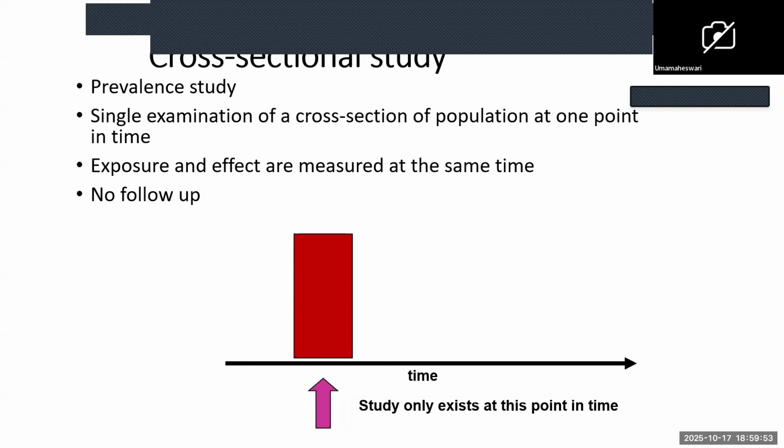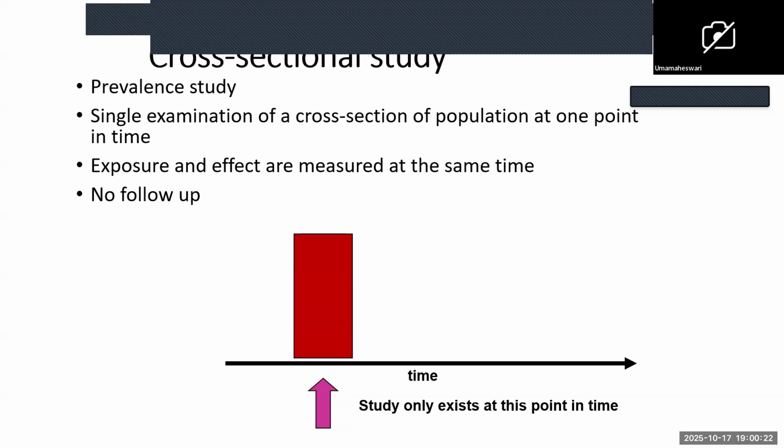and estimate the prevalence of anemia either clinically or by any blood test. That is only at one point of time. You will not follow them up or do anything for them. So just at one point of time, you estimate and you report. That is called your cross-sectional study. Here, exposure and effect are measured at the same time. Here, the effect is anemia. Exposure may be